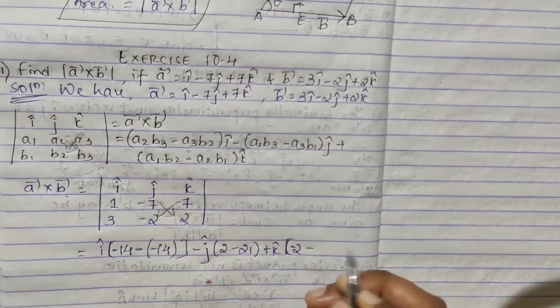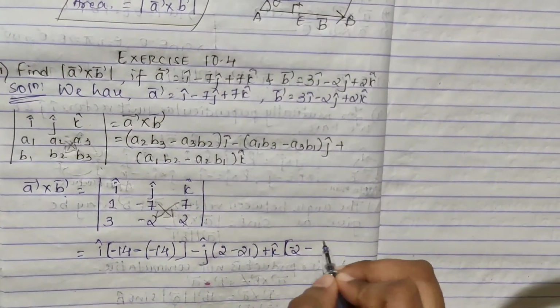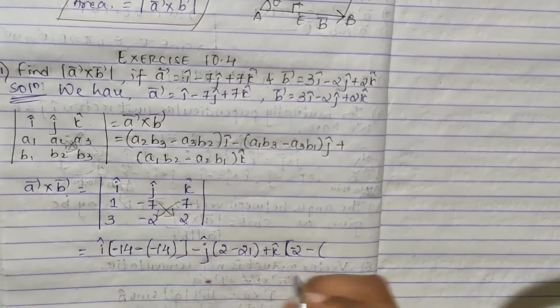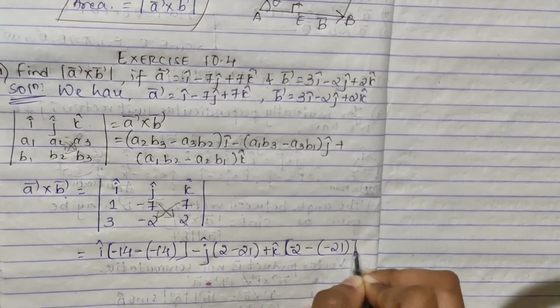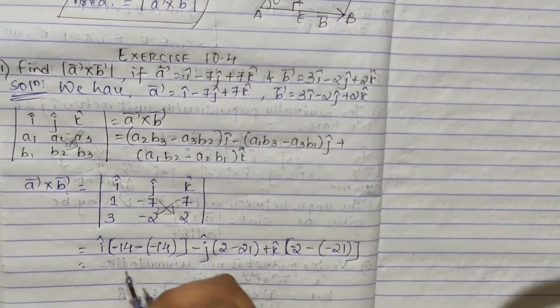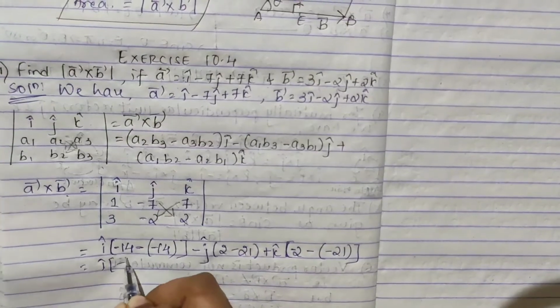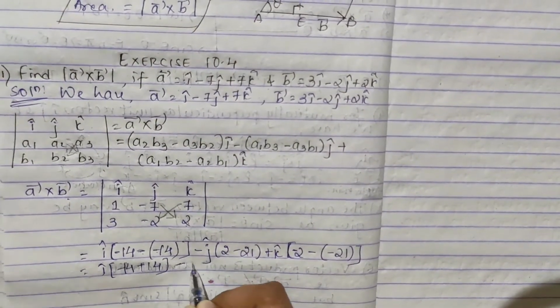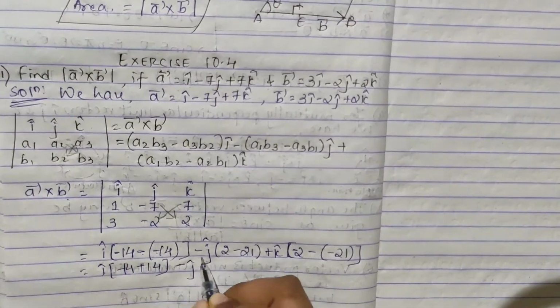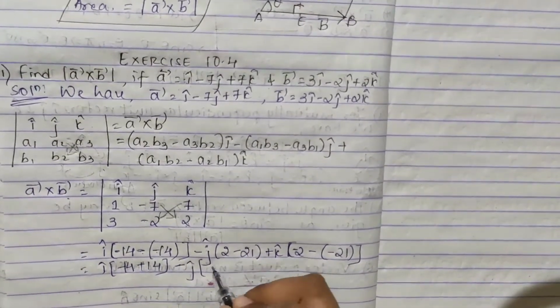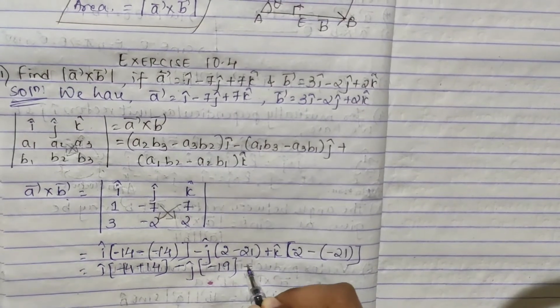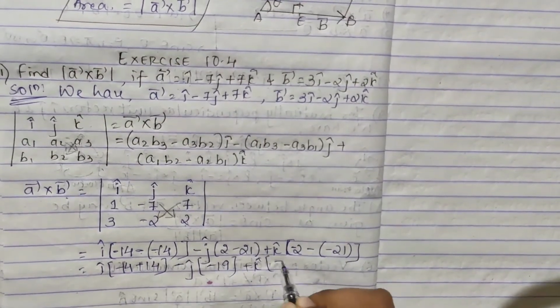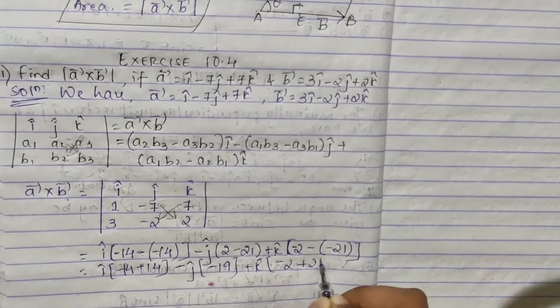Again minus sign is there already. We have to do minus. And here again minus sign is there. 7 3s minus 21. So just now open it up. I cap minus 14, minus into minus plus 14. Minus of J cap, 2 minus 21 will be minus 19. Plus K cap, and you'll get here minus 2, minus into minus plus 21.